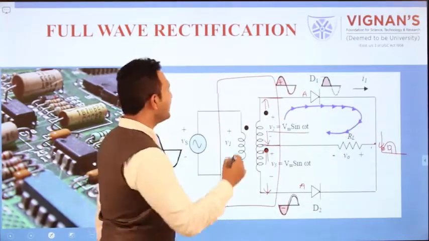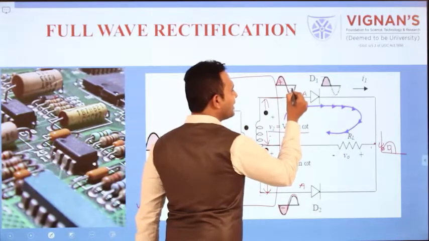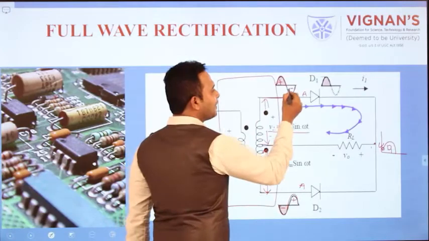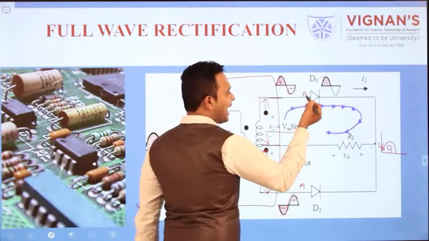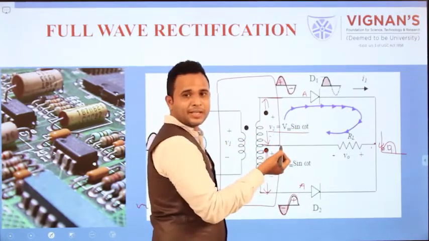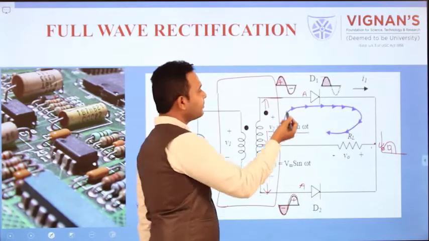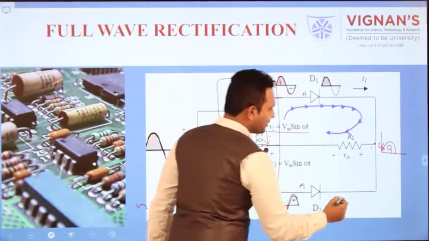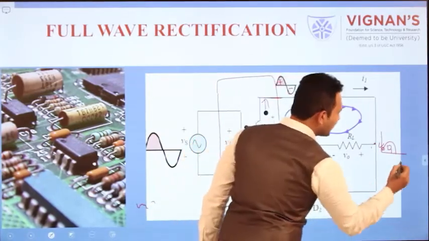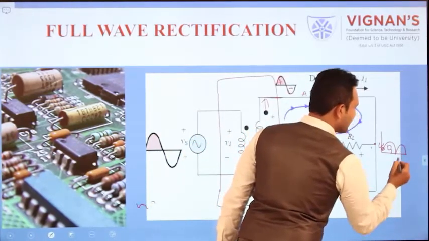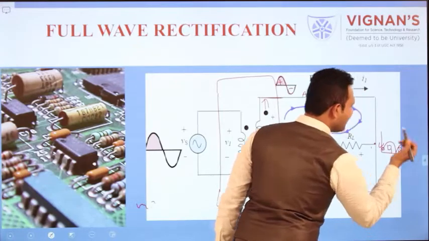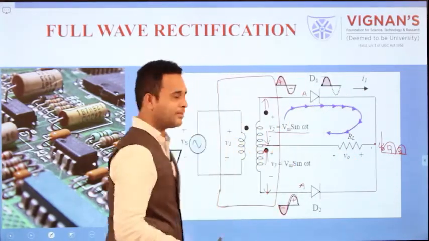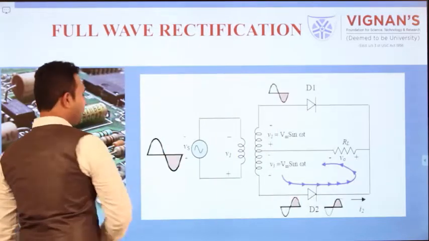The second pulse: here we have the negative pulse and here we have the positive pulse. The negative is connected to the anode, so that diode is in reverse bias, and here the diode is in forward bias. So the positive peak is coming at this side along with diode D2, right? This one is reverse bias, which means open circuit. I will explain this next.